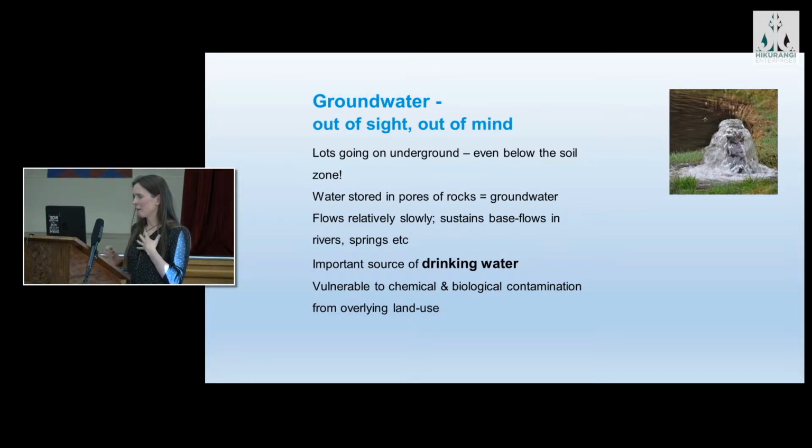So I care about water because I'm worried about the contamination that we're actually impacting on it, and as I say, we all need water to survive. So there's lots of different activities that we do that actually impact on our groundwater. And a bit more of a local context,